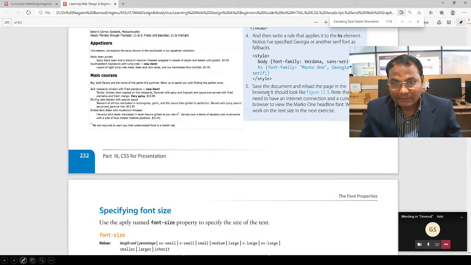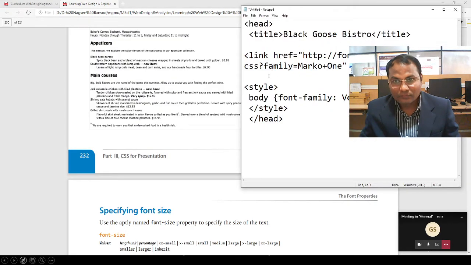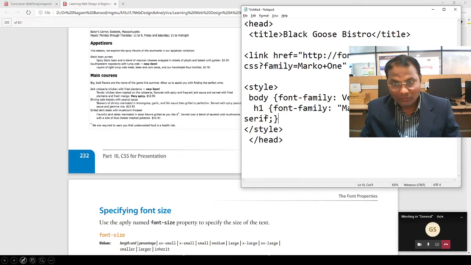And you see body font-family, H1 is given here, and for the paragraph. In style we can add this.